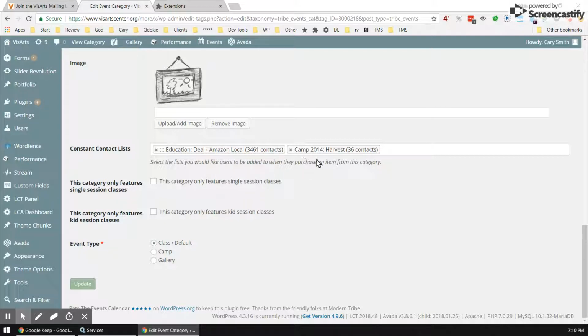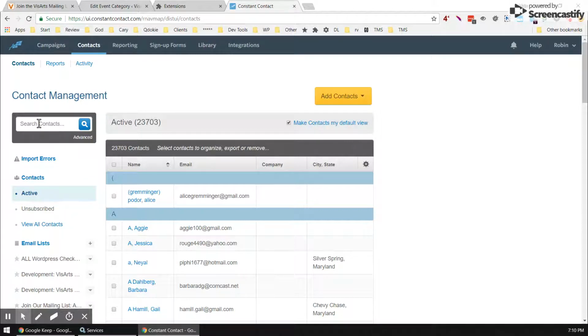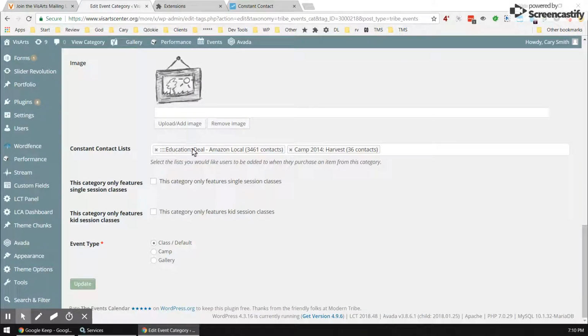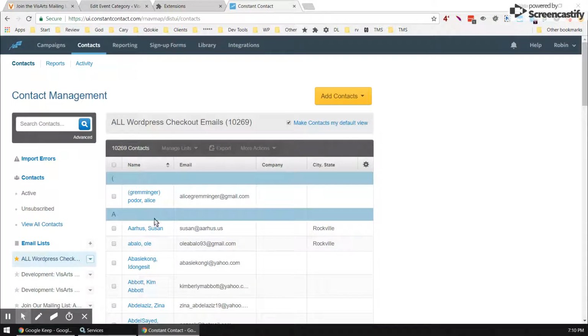In addition to the specific list, every single order gets added to a specific list called all WordPress checkout emails. So similar to the way that joiner mailing list all list works, you don't ever have to select that one in here, but it will always go to that list. And again, that'll come in handy for specific drip campaigns that are related